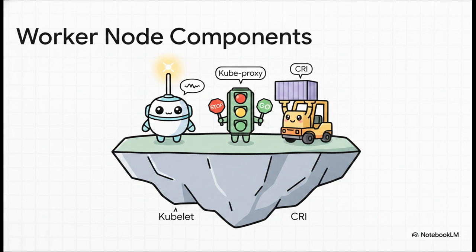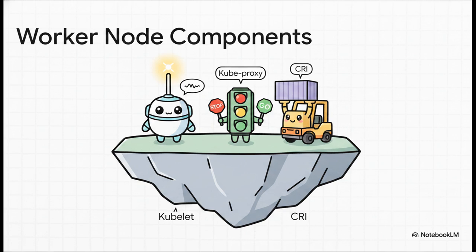These are the separate physical or virtual machines where the actual heavy lifting happens. Each node has 3 critical pieces. The kubelet is the agent that constantly talks to the API server, receiving orders and reporting back its status. The kube proxy handles all the networking and traffic rules, making sure user requests actually reach your app. And the container runtime interface, or CRI, like Docker or containerd, is the actual engine that runs the containers at